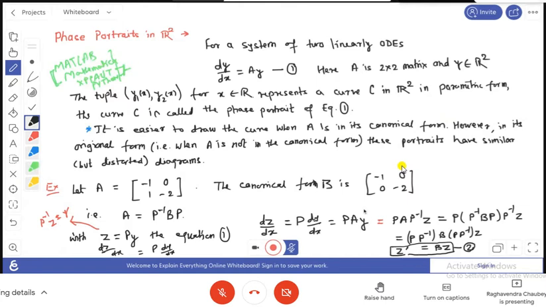So we can easily plot this, and if we plot these two and try to see the differences and similarities between them, basically the nature is the same, but in the non-canonical form the distortion is there. Okay, so when we plot this linear system of equations,